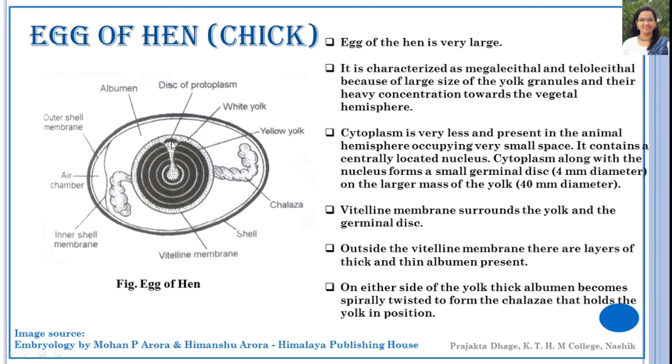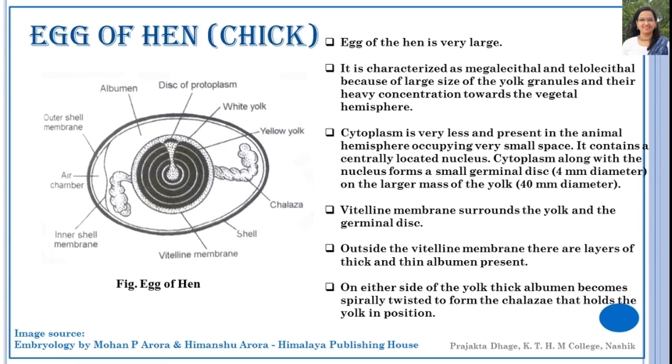Latebra has a neck. Here you have a blastodisc. This is the neck of latebra. It has a stalk of white yolk known as the isthmus of Pander extending upwards. The germinal disc or blastodisc rests on this particular structure.